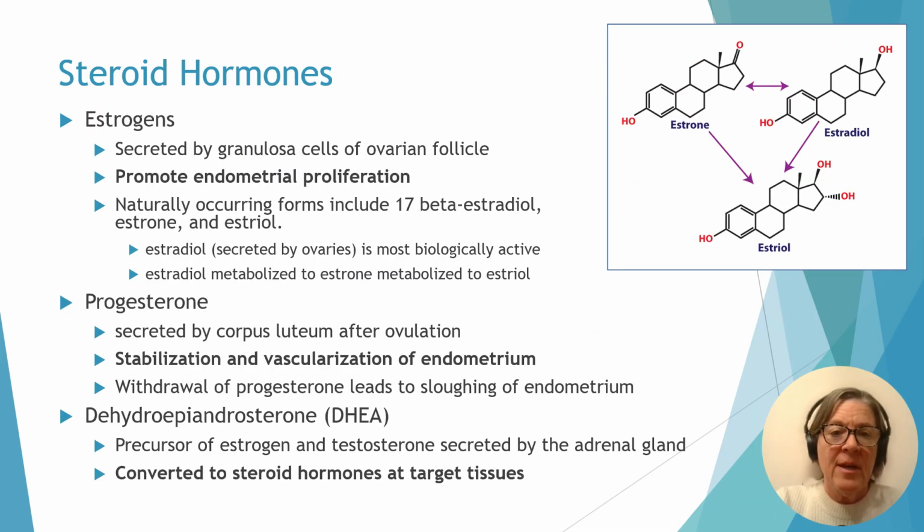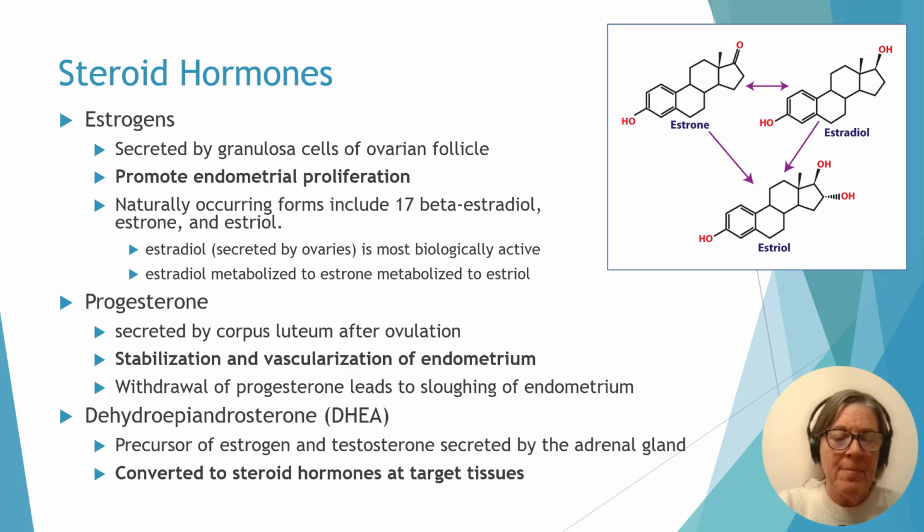The hormones we're talking about are generally steroid hormones. Estrogens are generally secreted by the granulosa cells of the ovarian follicle, and they promote endometrial proliferation. So this is going to be very important later. The naturally occurring forms include the 17-beta estradiol, estrone, and estriol. And as you can see from the illustration on the top right, these interchange fairly readily in the body